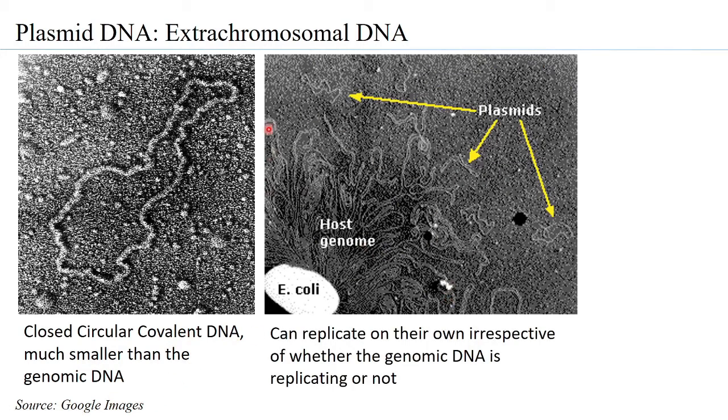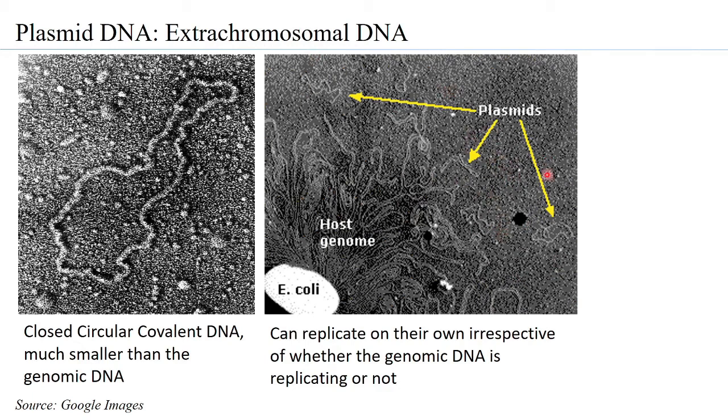So as you can see over here, this is basically the genome. You can see that the genomic DNA is all looped and condensed. And apart from that, you can see this small circular DNA that is present in the cytoplasm. Now you can see that there are many copies maybe of the same plasmid, or there can be more than one type of plasmid DNA present in a single bacteria.